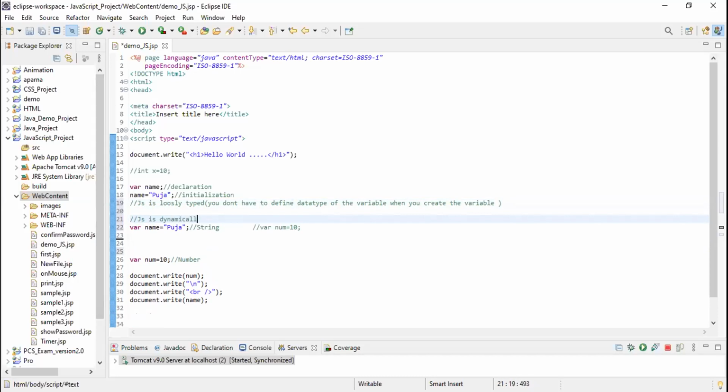Ma'am, maybe because in the upper part you have written variable name and used name as a container to declare Pooja or whatever name you want. So which is why name can be used for any declaration. So maybe, I don't know.